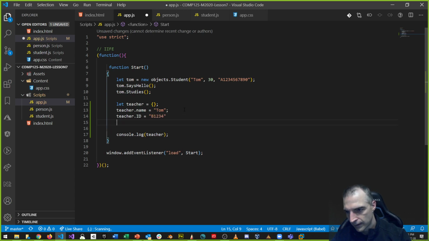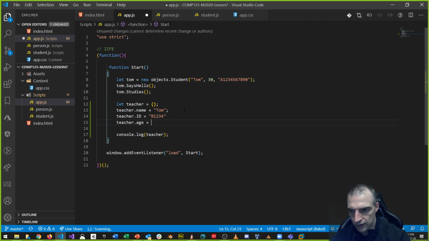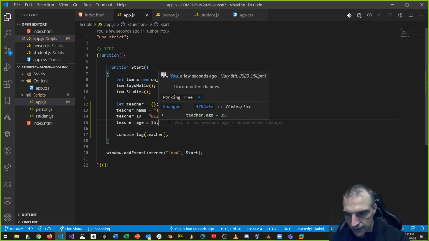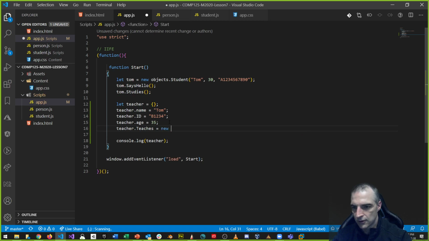Teacher dot age is equal to a number like 35. Not real, but anyway. Cool. Teacher, a bunch of IDs, and then I've assigned stuff. Hey, let's even give a method. Teacher dot teaches is equal to a new function